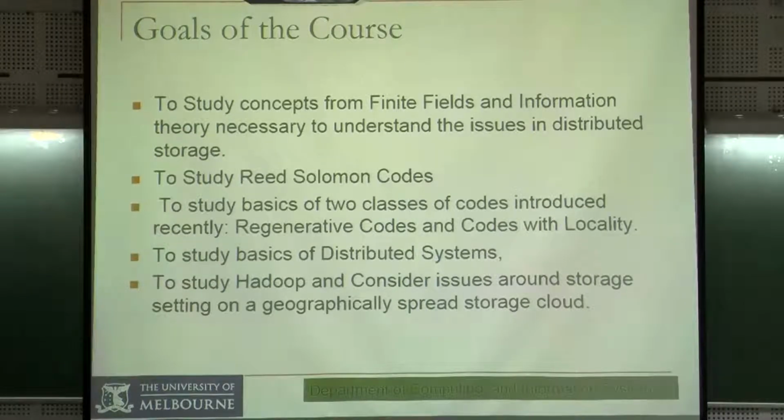The goal of the course is this: as you know, only 30% of the people know finite fields from information theory, so we'll first learn some basic principles in a much neater way in the beginning, understand what a finite field is, what a vector space is, and how you generate some codes, and then study the Reed-Solomon codes and understand that Reed-Solomon codes have the perfect MDS property. How are the Reed-Solomon codes used, and then we will introduce the modern innovations of regenerating codes